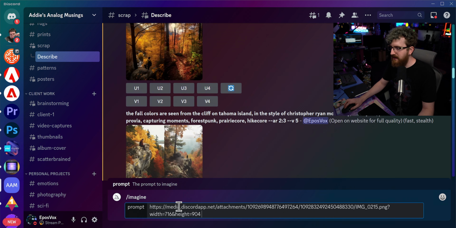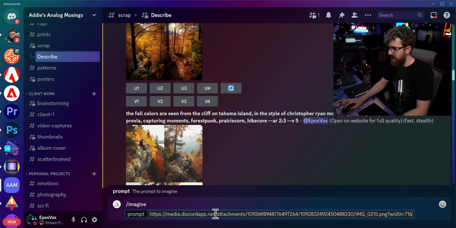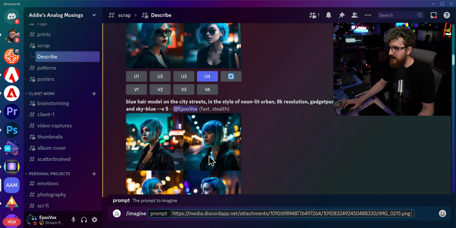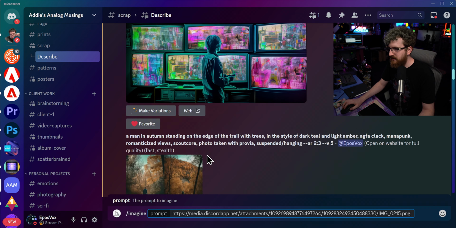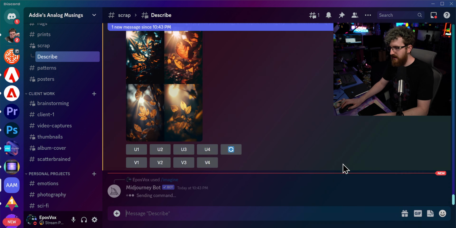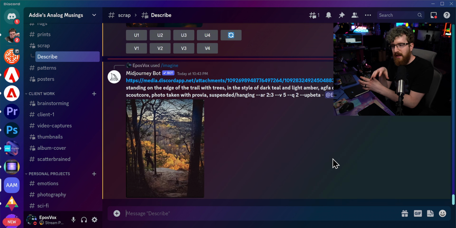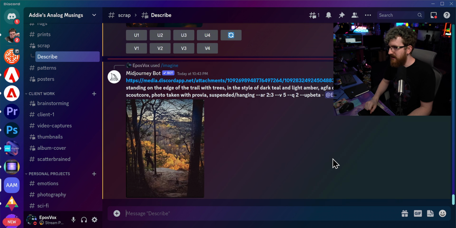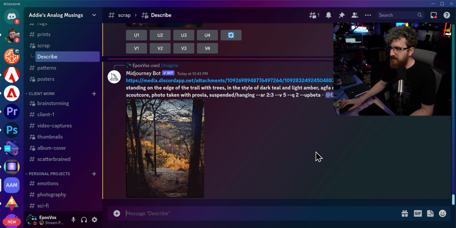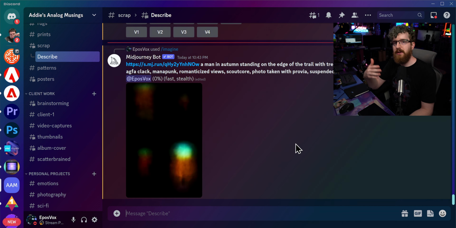I can paste in that link, delete all the part after the file extension. So I just want the .png, and then go up here and copy paste prompts that I was using that I liked, like this one I really liked. Copy that prompt, paste it at the end, and render that out. And that is going to stick a lot more towards your source image, as you see here, as it tries to generate that based on, you know, both the prompt that /describe broke down for your image and the image